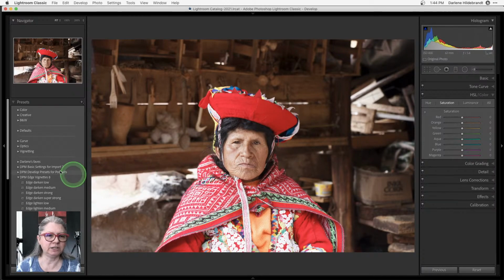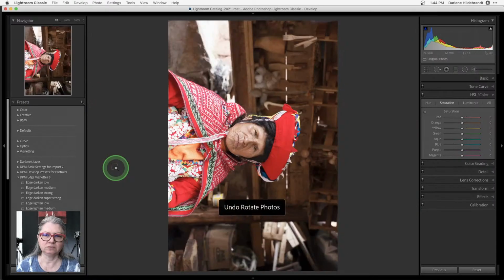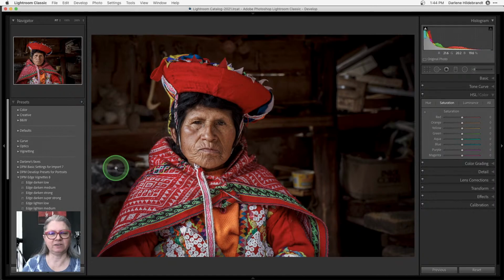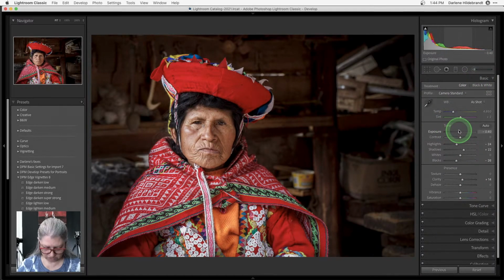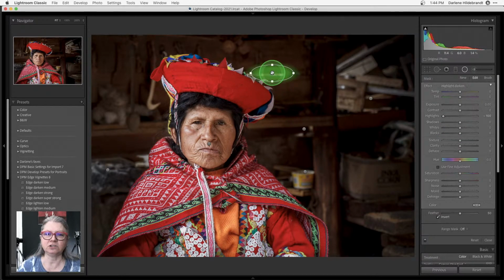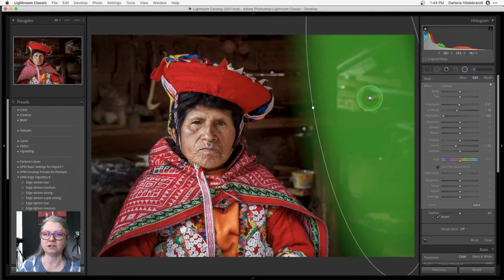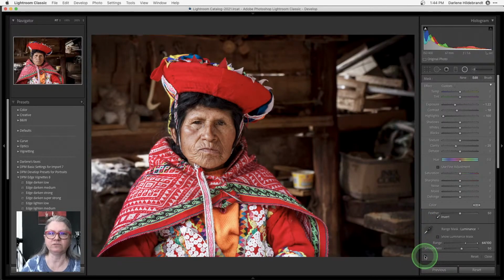Okay, so what I did here, if I'm just going to undo this, oops. Apparently I'm rotating again. Okay, so there we go. So what I did to solve a lot of these things, and I think I've gone too far with the darkness, is I did some radial filters. So I'm just going to turn this on. Everywhere you see these little dots, that's a radial filter. So I'm darkening these highlights using the radial filters like I showed you before. Okay, over here as well. If I turn the radial filters off, you can see what it looked like before. I used one on her clothing as well.